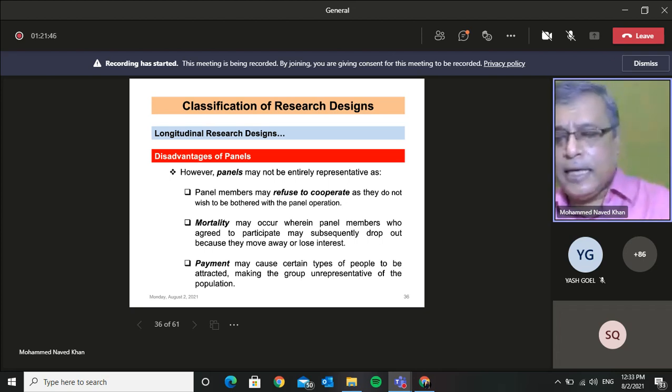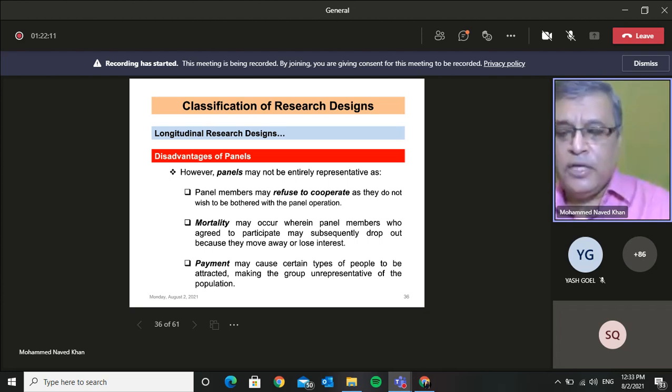Remember that a lot also depends upon the study that is being done. So it is not that you have to ignore what the study is that you are doing. You have to appreciate that the group or the panel, the sample that you decide, has to be done in a scientific manner. If, for example, a probability sampling procedure is not possible, and in most cases it is not possible, let me repeat, it is not possible.